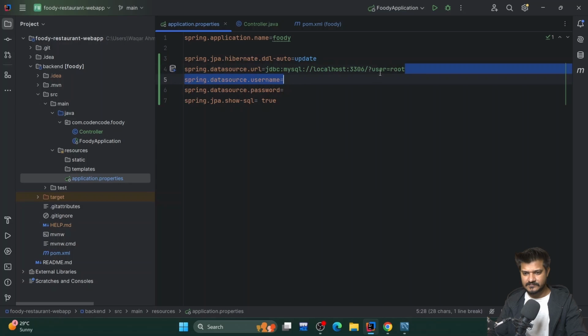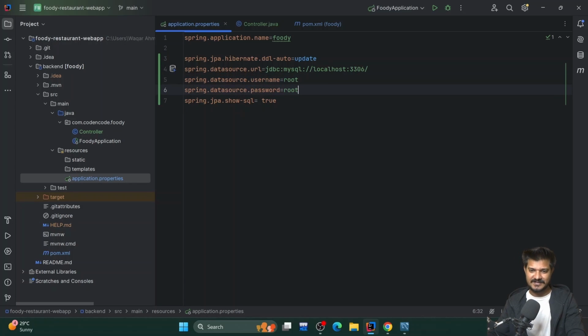I don't want to add user details here, though you can do that. I'll add the user details here. The user is root, and the password is root, as I told you earlier, right? You should use a strong password. Second, you shouldn't record yourself